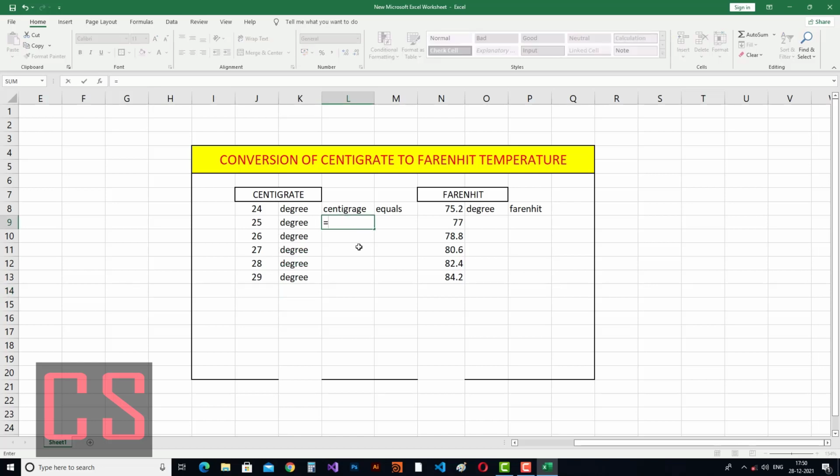The same thing will go on here. Equals, if, bracket open, this equals nothing, means blank, then output will be blank, otherwise output will be centigrade.